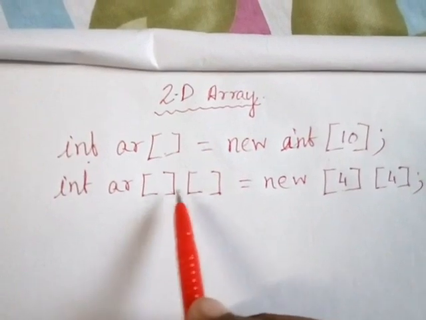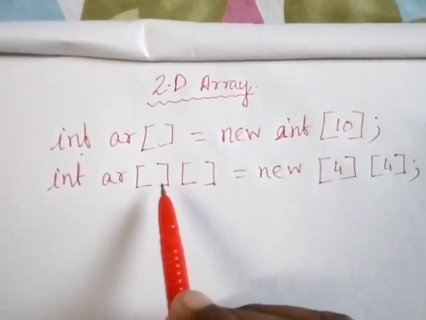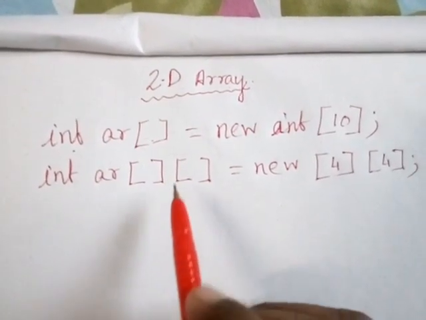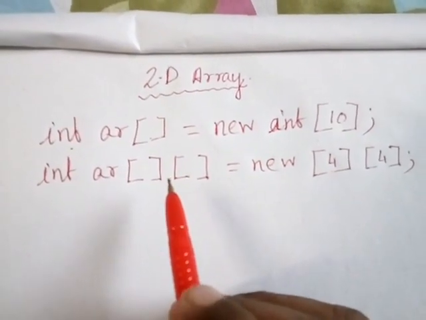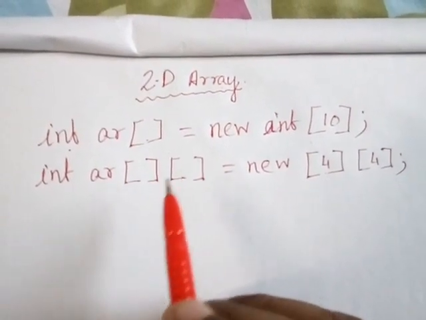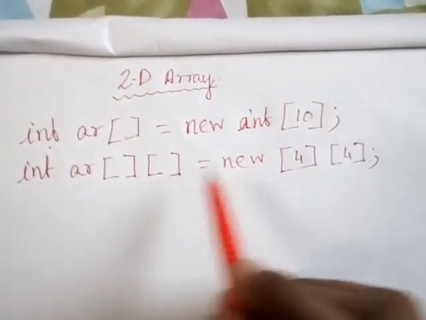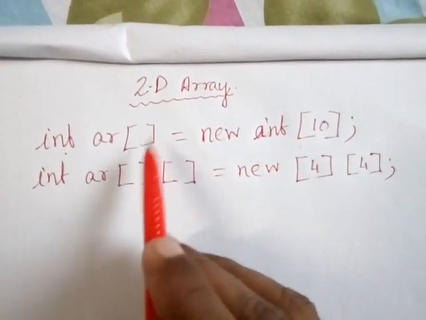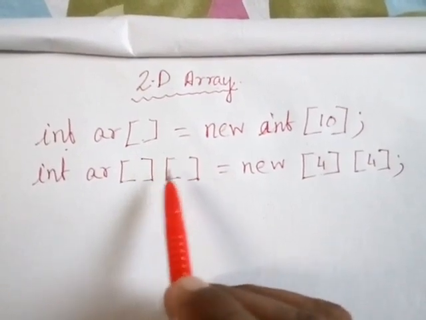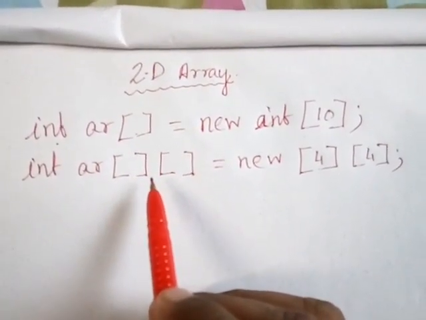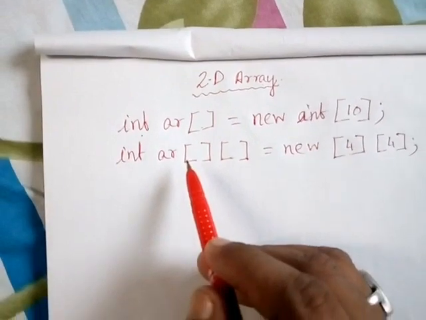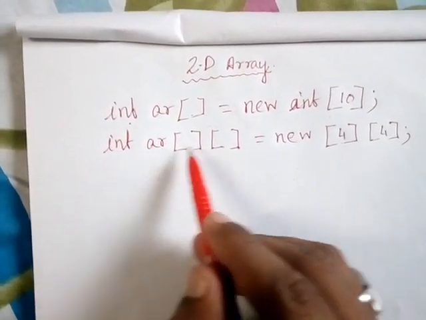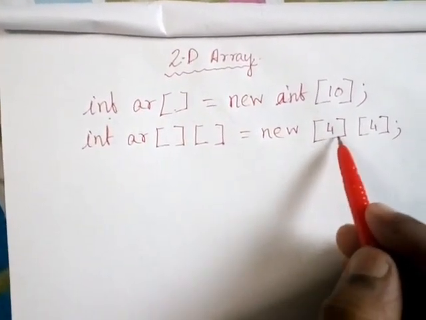Two-dimensional array means we are going to store the values in memory matrix-wise. I know that all of you know about the matrix. How these values are stored in the memory, I will show you. But before that, you have to understand this is the single dimension and this is a two-dimensional or multi-dimensional array. And whenever we declare a multi-dimensional or two-dimensional array, we have to declare it in this way. For example, int AR[][] = new int[4][4].